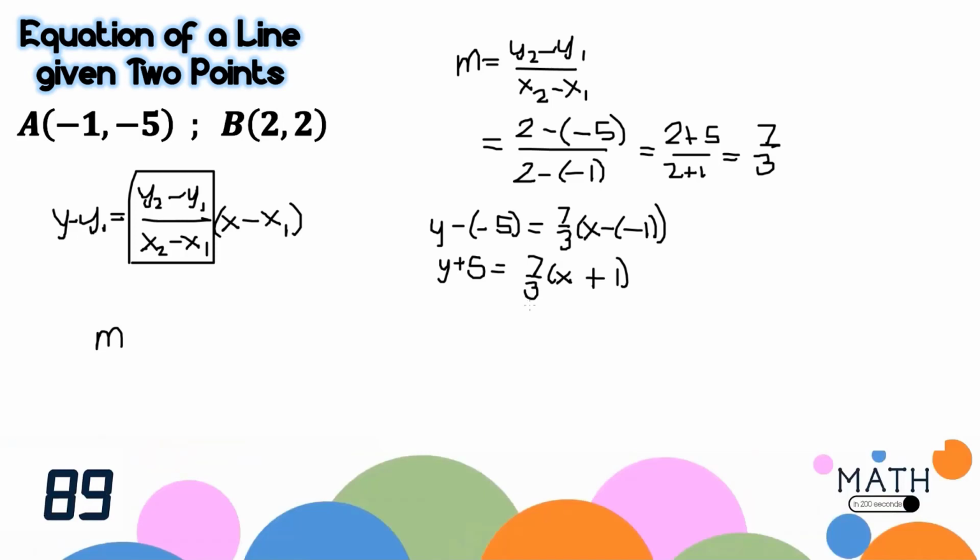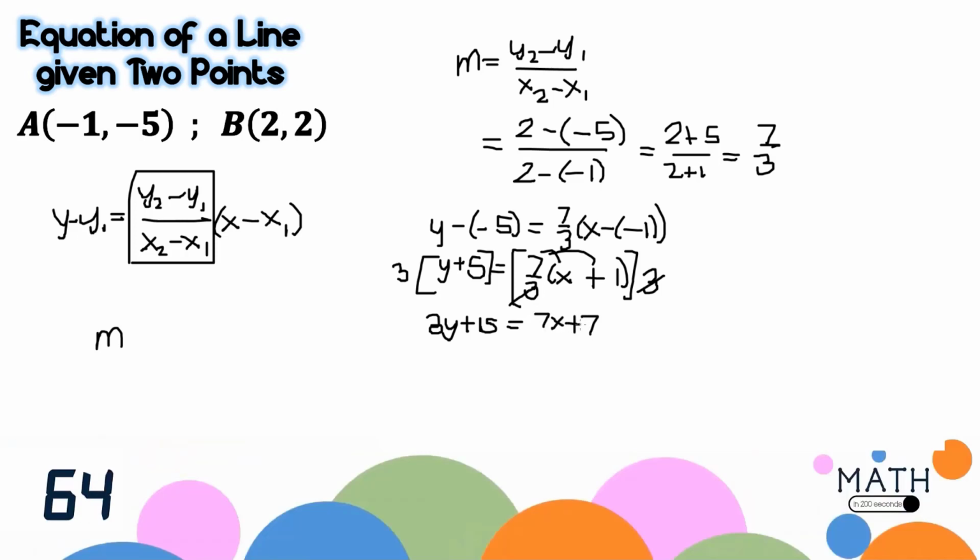To remove your denominator 3 here, you can multiply this entire expression by 3, so that you only have integral values. But don't forget to do the same thing on the other side to retain equality. Hence, you will have 3y plus 15 is equal to, then you multiply that here, you will have 7x plus